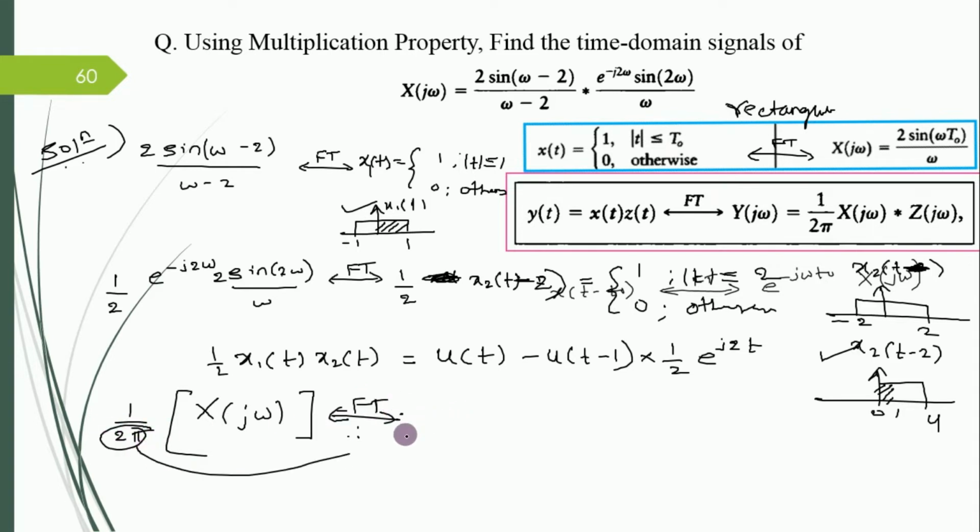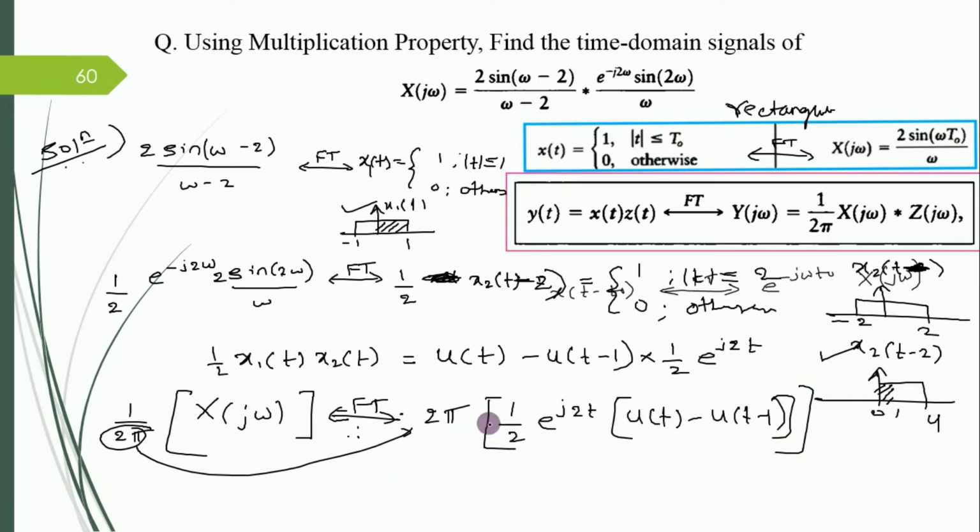What I do is I take it on the other side, because I don't have 1 by 2 pi here. I write it 1 by 2 e raised to j 2t u of t minus u of t minus 1. Okay, so 2 and 2 cancel, so therefore x of t is equal to pi only is the left thing, e raised to j 2t u of t minus u of t minus 1